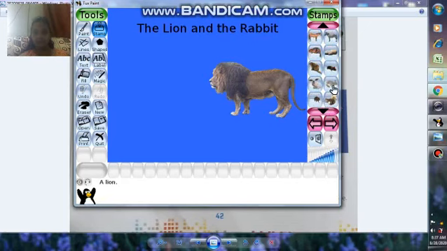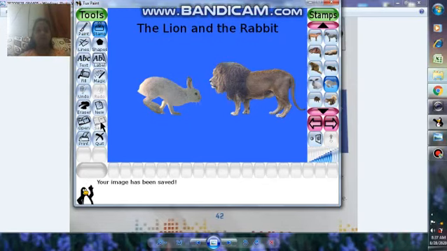Yes, here is our rabbit. Select the rabbit and it has a sound. Rabbit. Okay? So paste here. So the first picture is created, the lion and the rabbit, and we pasted the lion and rabbit on our picture. So this is our first picture. Save that picture.